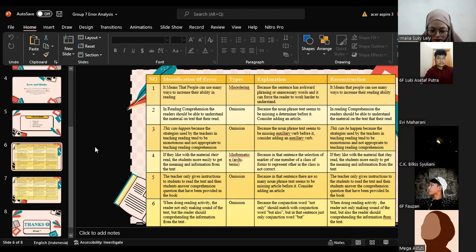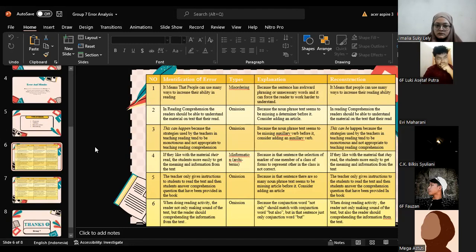Number three is this can happen because the strategies used by the teachers in teaching reading tend to be monotone and not appropriate to teaching reading comprehension. Types of error is omission, because the noun phrase text seems to be missing auxiliary verb before it. Consider an auxiliary verb. And reconstruction is this can be happen because the strategies used by the teachers in teaching reading tend to be